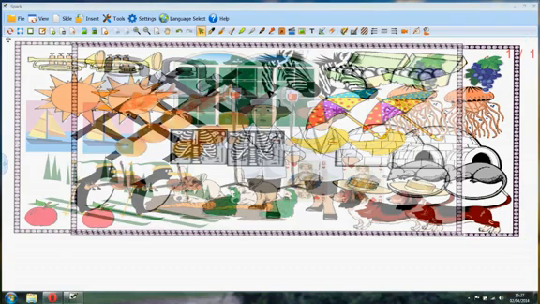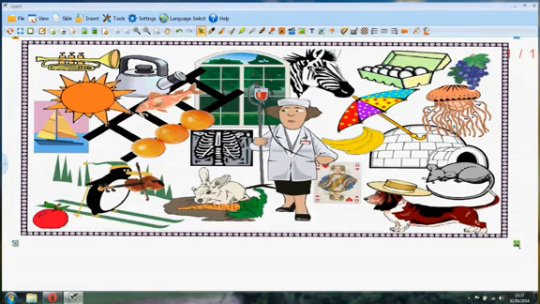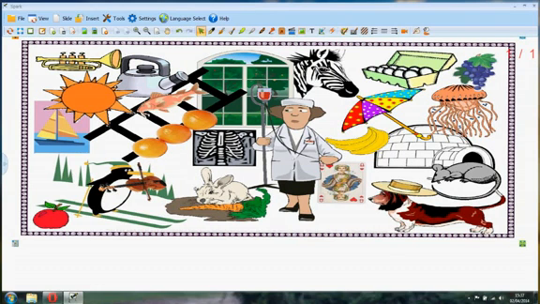And what we've got on this picture, the object of this picture, every image on there should start with a different letter of the alphabet. So this is the idea that I'm going to get a group of children to focus on this picture, work on it, a bit of collaborative learning, because we can work together on this. Just what I want to add to this as well is a checklist of the letters. So I'm just going to click on text box,